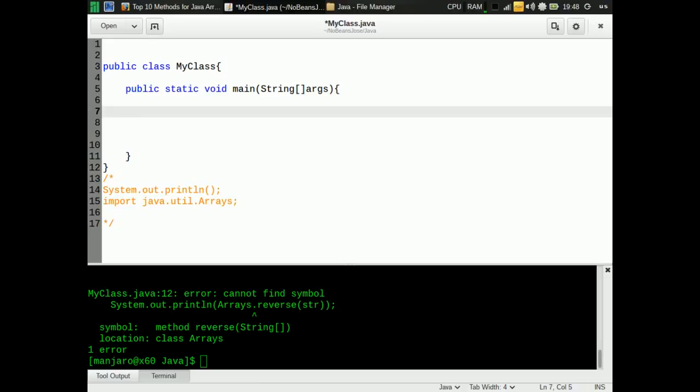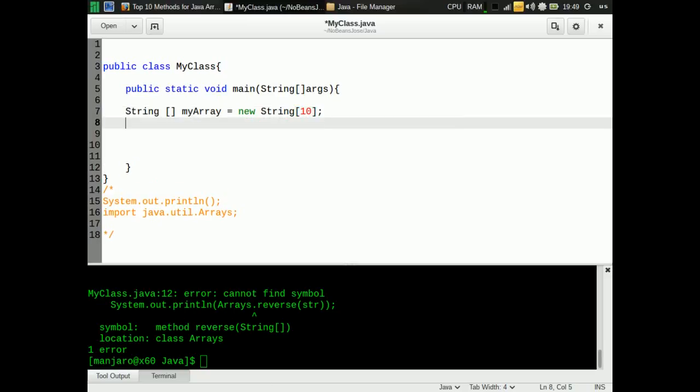I'm going to define an array of strings, which would be my array equals new string, and the length or the size of this array will hold up to 10 elements. And then underneath, my array